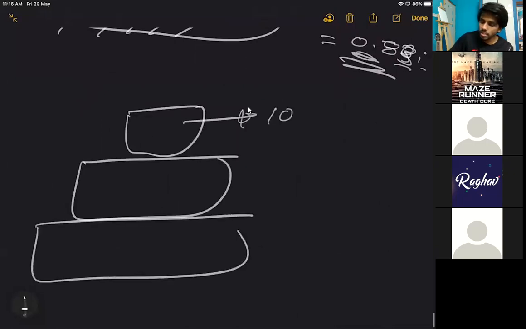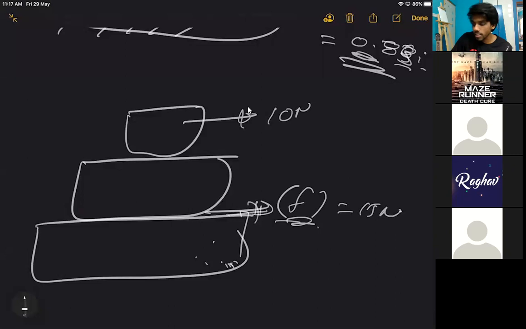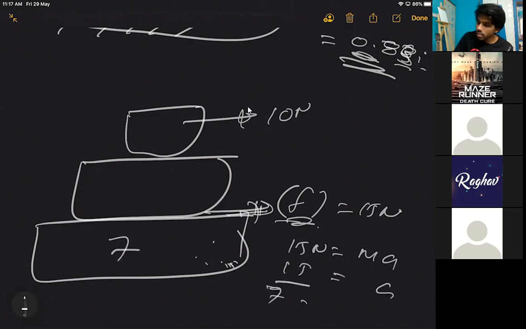This acceleration I'm saying: you're only putting force on this block, right? Now, who is responsible for the lowermost block to move? The 10 newtons? No, the friction between the blocks is responsible. I'm just checking that if the maximum friction of 15 newtons is acting, it can actually accelerate with 15 by mass 7, which is 2 point something meters per second squared. Happily, it can go with that acceleration.